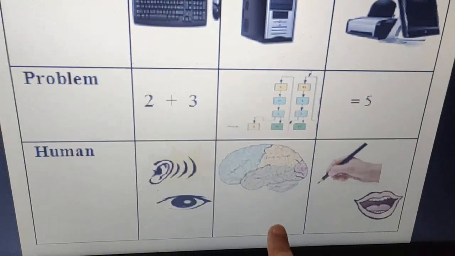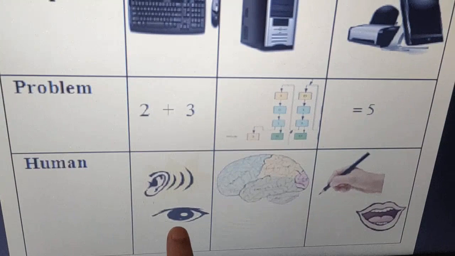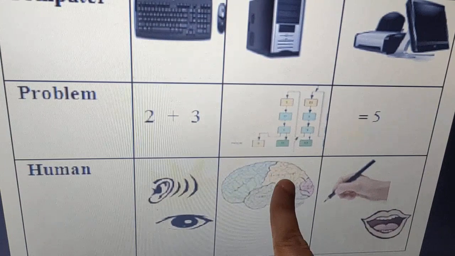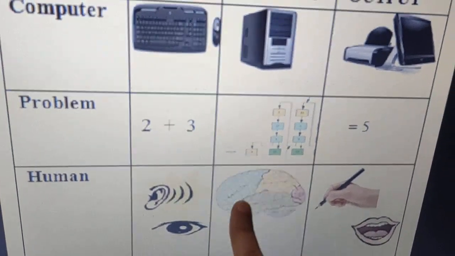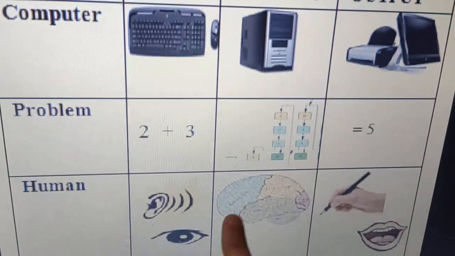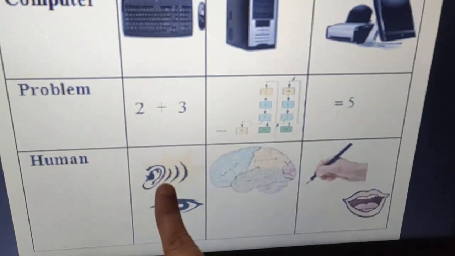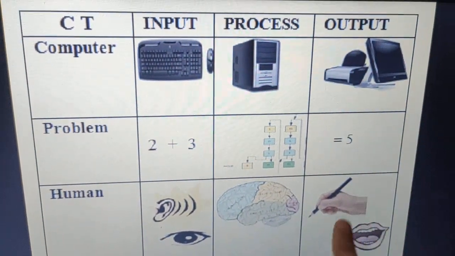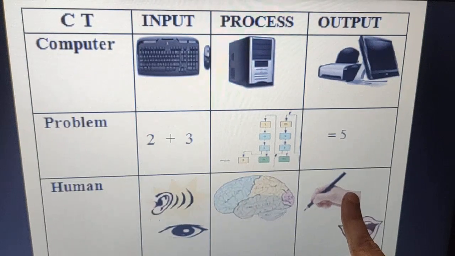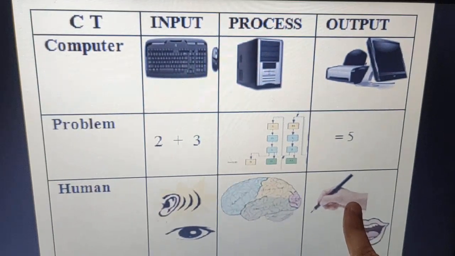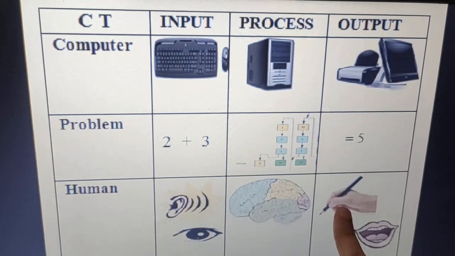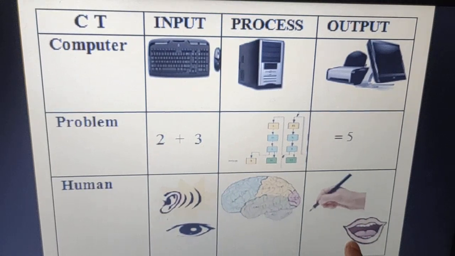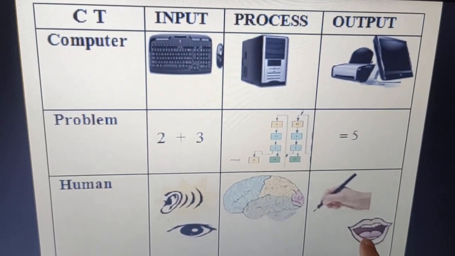Let us take one more example, dear children. Whatever we see with our eyes, whatever we hear with our ears, that goes to our brain. Our brain processes it, and then as an output we can either draw something. You are able to write from the blackboard whatever you are seeing, whatever you are listening to from the teachers in the classroom, and similarly you are able to say it again using the mouth.